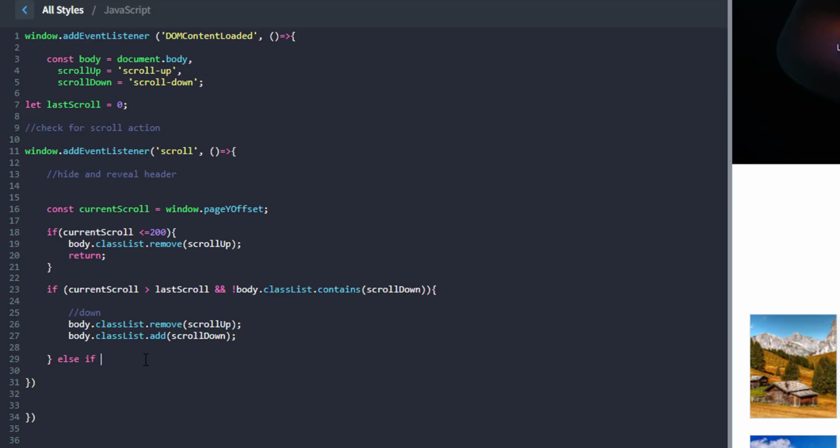Now else if the current scroll is less than the last scroll, as we're beginning to scroll up now, and body.classList.contains scroll down. In this case, the body has a class of scroll down, so what we want to do is